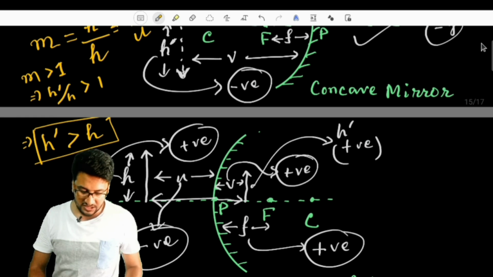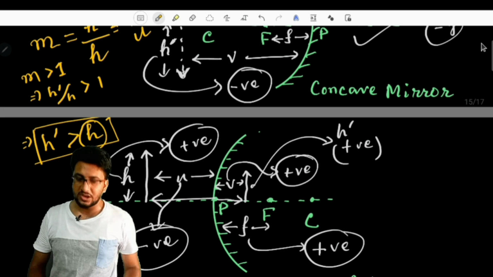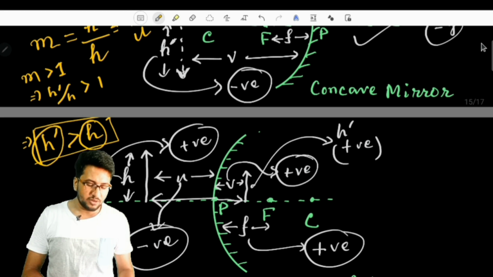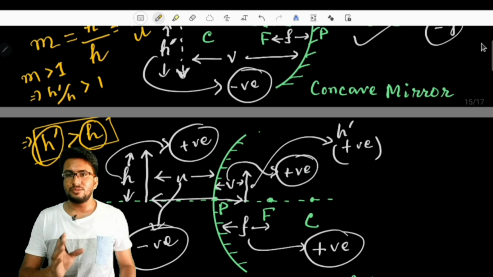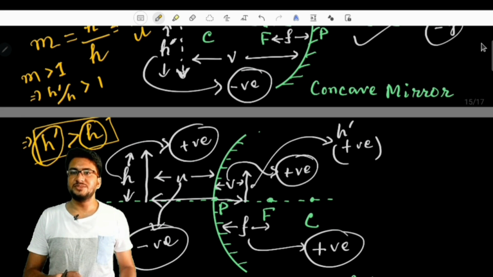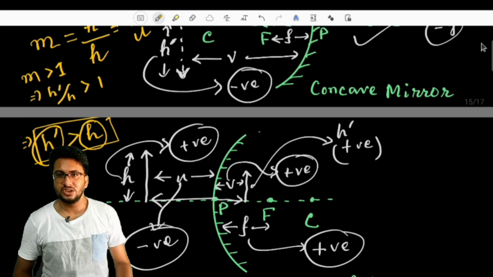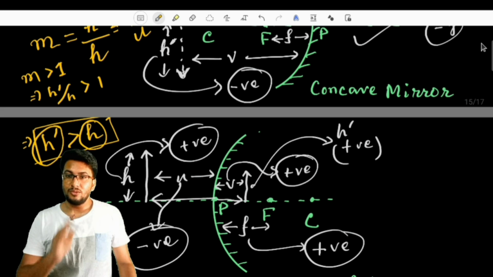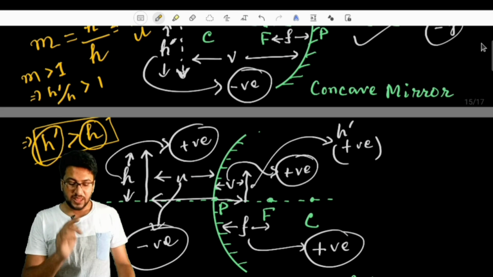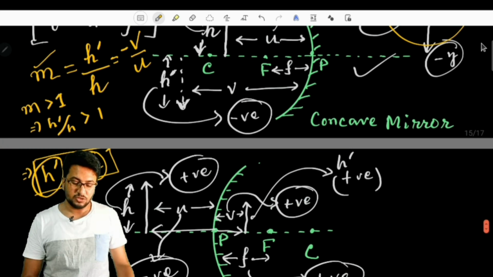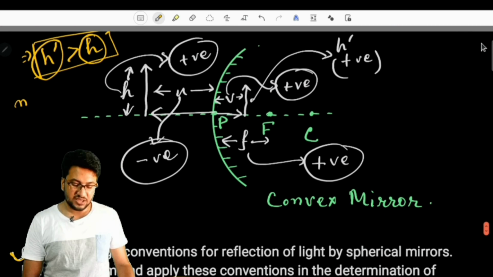However the height of the object was, it gets magnified, meaning the height of the image is greater than that. After forming the image, the height of the object gets magnified in the image. This is when the magnification, denoted by m, is greater than 1. And if the magnification is equal to 1, what does it mean?